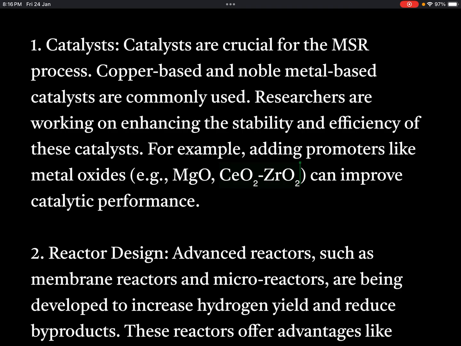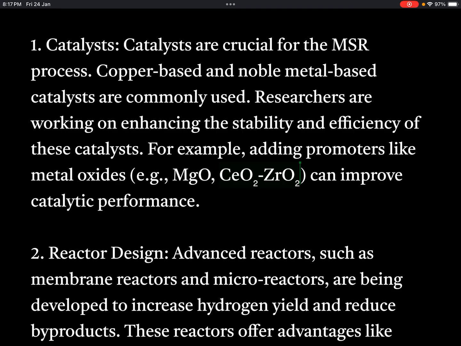Now, after the BS6 emission norms were introduced in India, catalytic converters are a requirement in every automobile. What do they do? They convert the harmful emission gases into less harmful ones. And the combination of cerium dioxide and zirconium dioxide provides excellent thermal stability and oxygen storage capacity, making it very